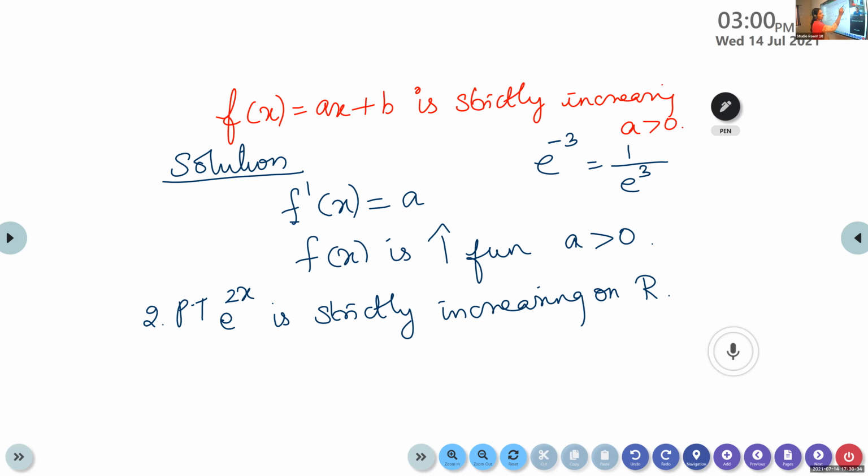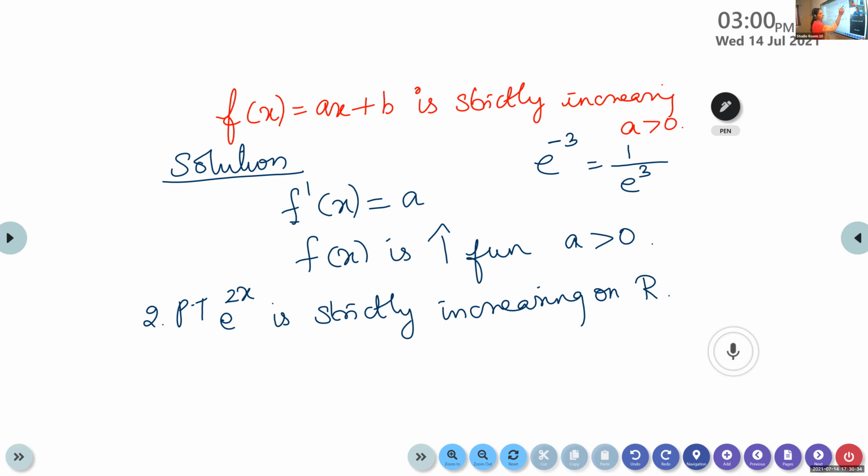Yes, Atul, what is the value of e? Between 2 and 3. It lies between 2 and 3. So when you take the powers of it, it will never become negative. If it is a negative quantity, we can say it will become negative when the power is odd, positive when the power is even. Here it is a positive quantity. If you take the power, again it will become positive only.